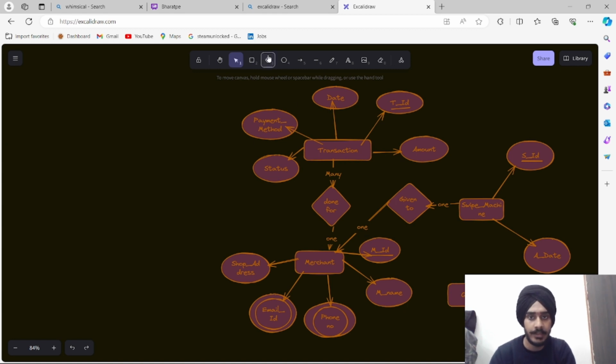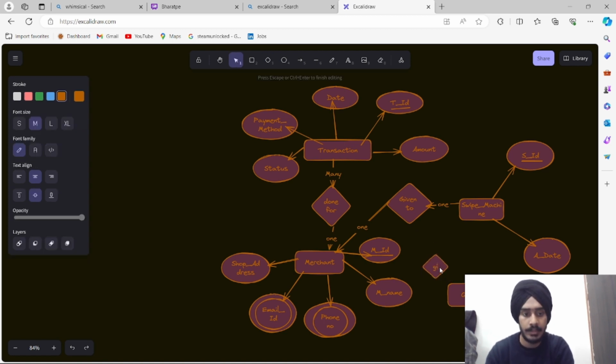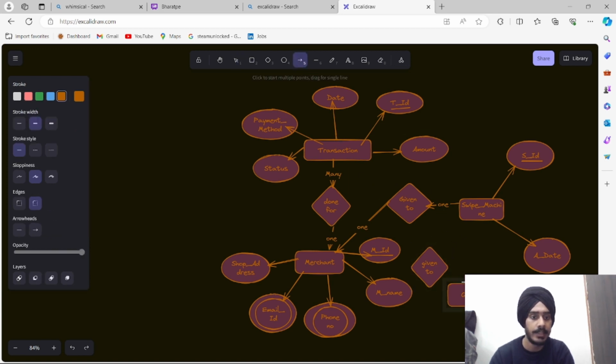So it's time for its relationship. First we have to draw the same relationship again. Here we can write given to. Why do we write given to here? Because the QR code is also given to the particular merchant. The thing is again the same as the swipe machine. So the same thing is there for the QR code, the relation between the merchant and QR code is